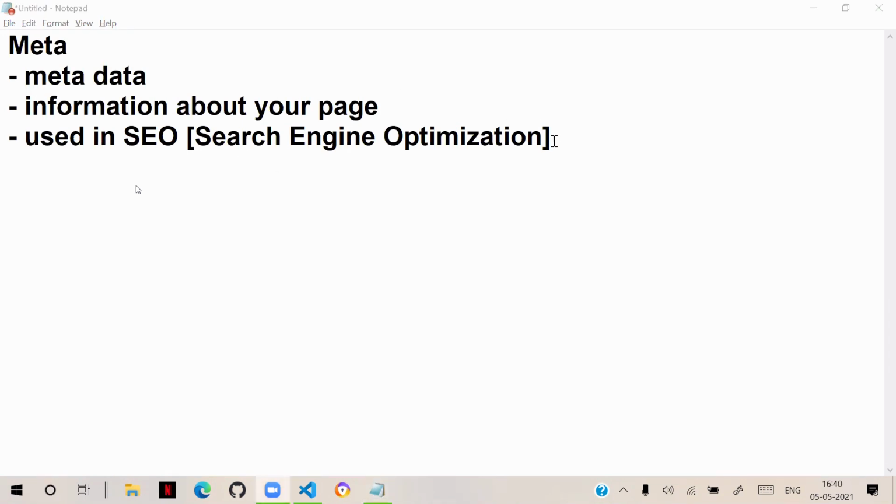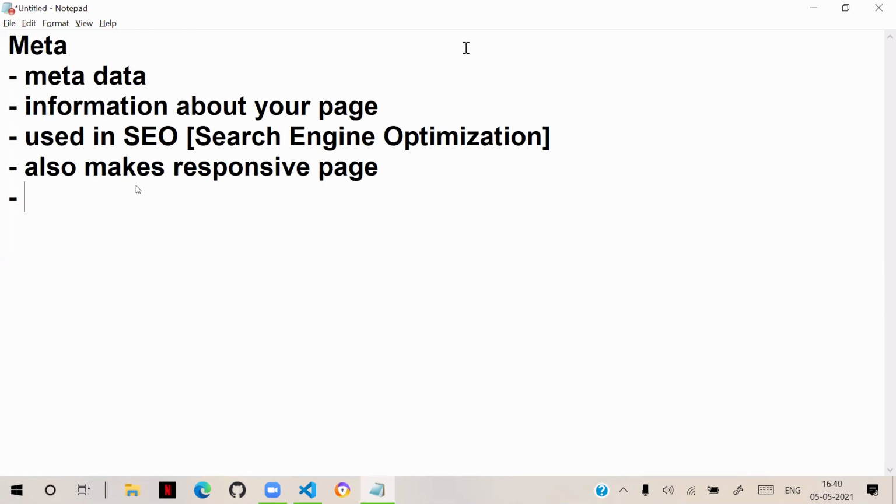Not only SEO, it also makes the page responsive. Responsive page means the page will fit according to which device you are watching. If you are watching on mobile, it will fit to mobile. If you are watching on laptop, desktop screens, tabs, it will fit to those screens.